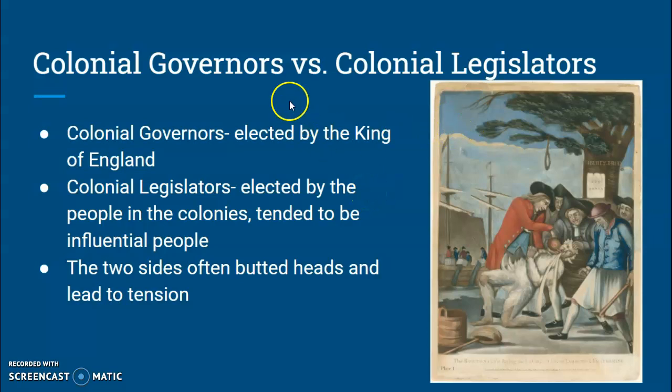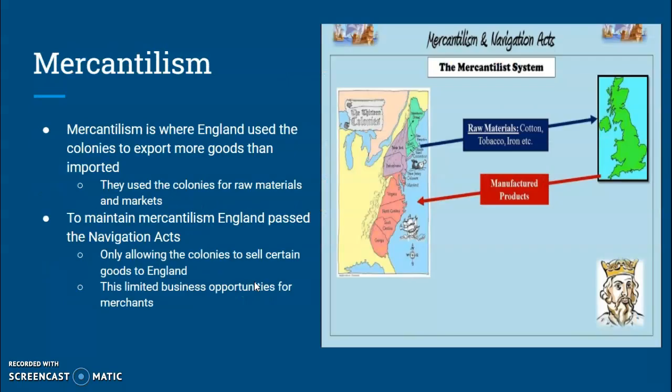that time. And this governors versus legislators is just one instance of it. It's not a major tension between the two. You're not going to have war because of this instance, but all the stuff when we talk about it's a step ladder to actual revolution. Things are going to build from here and move forward.